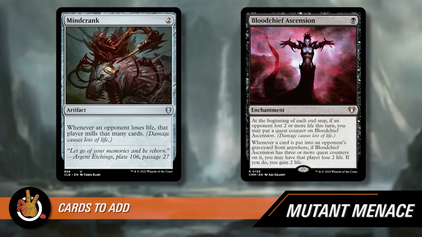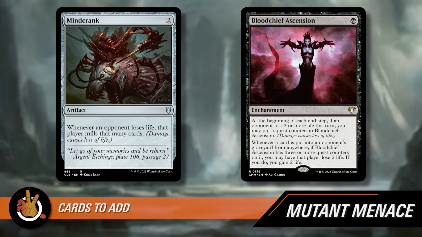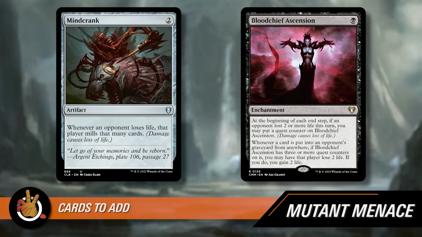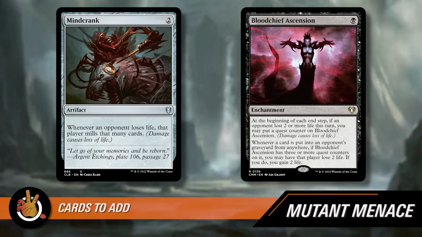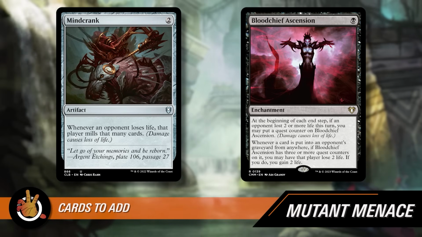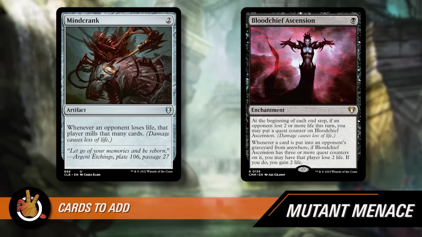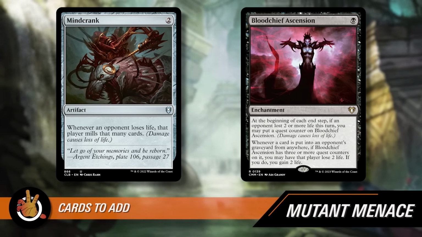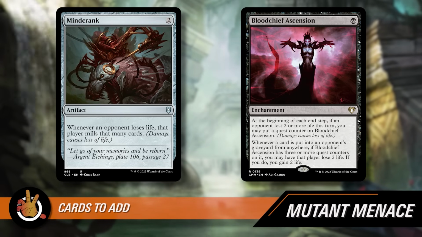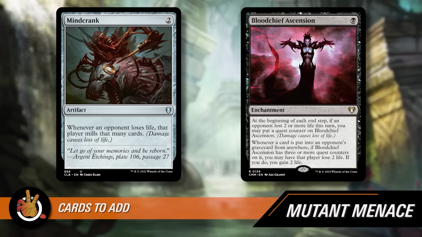There are cards that completely break it, like Mind Crank, which we didn't include. But if you want to, I won't be mad. That would immediately kill an opponent, or all opponents, if they mill. Mind Crank says whenever a player loses life, they mill that many cards. And Bloodchief Ascension says, oh, you're milling, lose life, and then you mill 2, and then you lose 2, and then you mill 2. So they all die, especially with their radiation counters, so they'd be extremely strong. Even something...